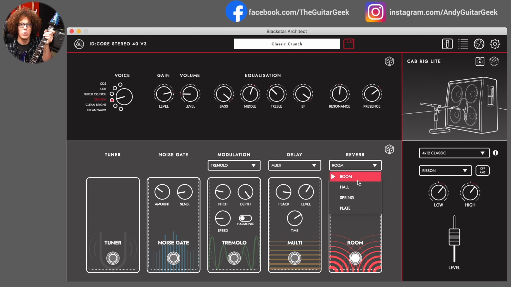Or we can change it to hall, which is a hall. Let's start off about there, which is a big room. Let's bring up the size, almost cavernous at the top. And then the level will bring up the mix of the reverb compared to the original signal. So if we pick it all the way up,